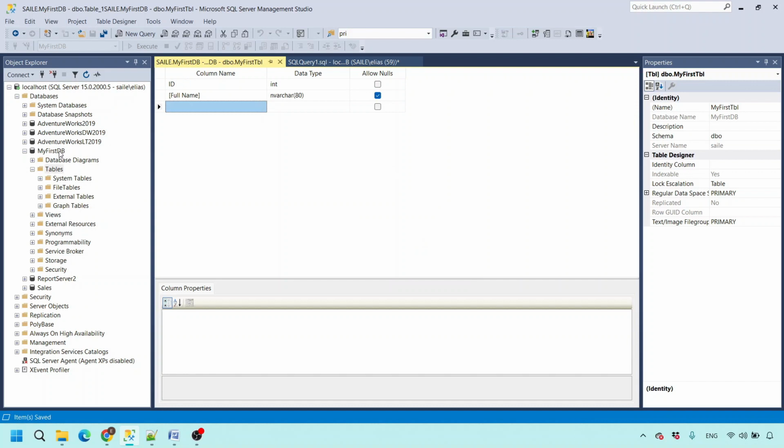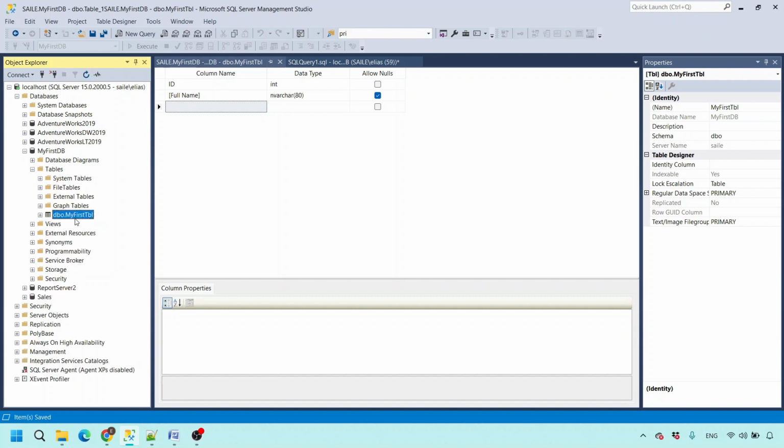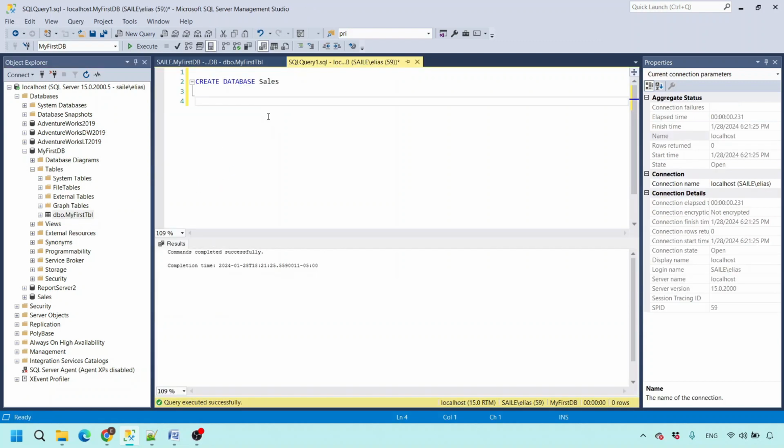Then let's come to my first database and tables. Then refresh the tables. Here my first table is created. Let's see now how we can create a table using SQL command. To create a table using SQL command, I will type a create